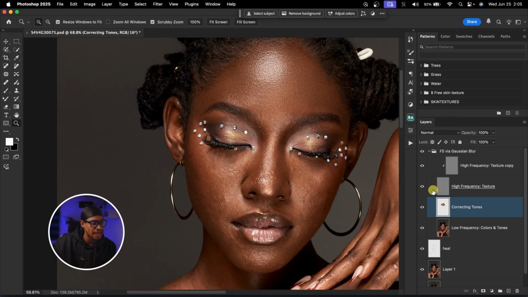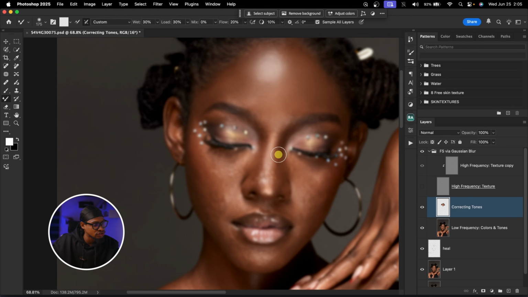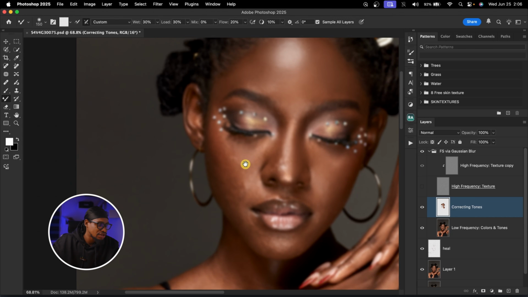So I'm going to turn on my high frequency texture layer again, turn it off, and just brush according to the shape of the image just to smoothen it out like so. I'll come to the cheek, paint on this part. All right, paint on this part like this. So let me just paint on the cheek again so I can show you the before and the after before we continue. All right, so I'll come to this other cheek, paint on this highlight right here separately,